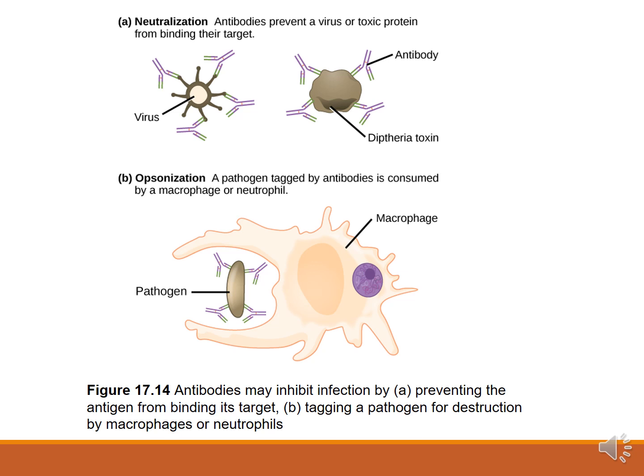So if you received your DPT vaccination as a child, you have antibodies to a diphtheria toxin. And so the antibodies are targeting either the virus or the toxin for destruction. So these tagged pathogens are then consumed by either a macrophage, right, or a neutrophil, and then that destroys the